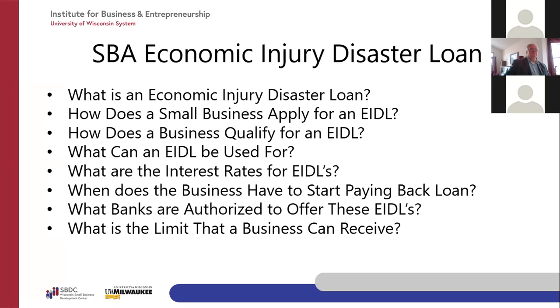How do you qualify? You do have to be a business that is defined by the SBA's definition of a small business. Most of those are, if you're under 500 employees, there is a tool to figure out if your actual industry fits small business, but the general rule of thumb is under 500 employees. You can use these disaster loan funds to cover accounts payable. So everything from payroll to rent, utilities, other loans that you have, they could be used to cover a lot of things, which is really nice.